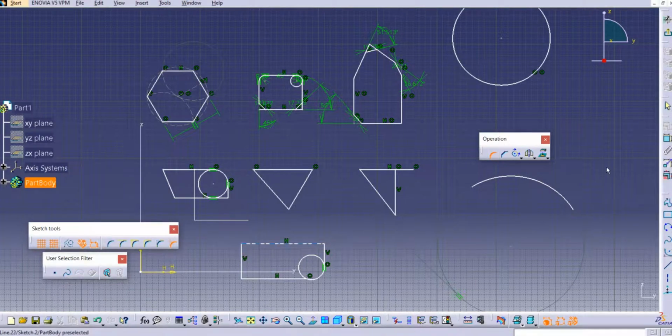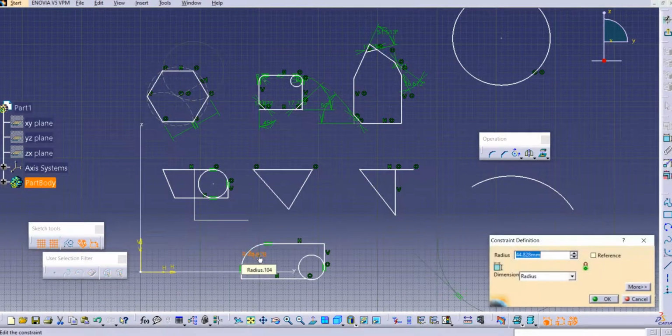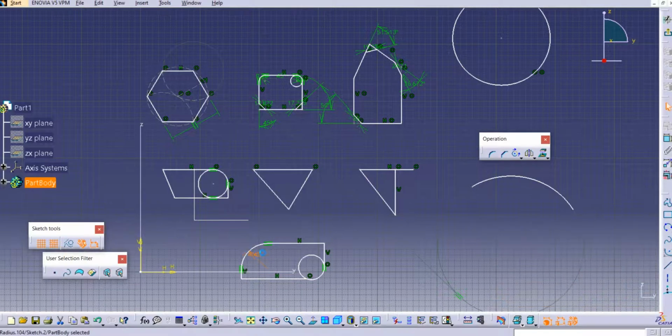We'll just apply the corner here, and again there are multiple types you can see with these sketch tools. By default this option is selected as construction line no trim. Sorry, the default option is trim all elements. Just select these two lines and the corner is created. You can provide the dimension, let's say 45 mm.